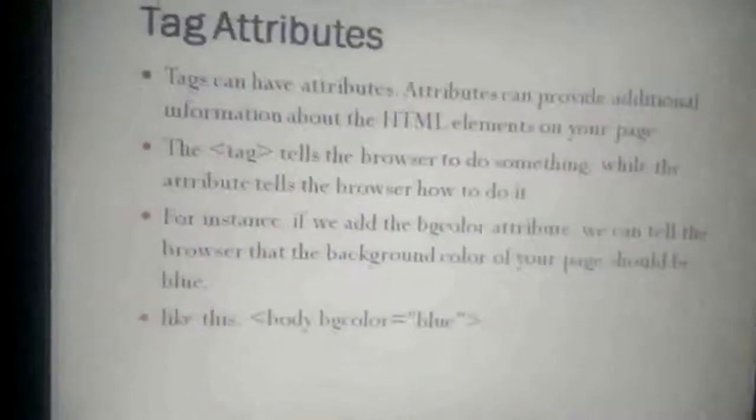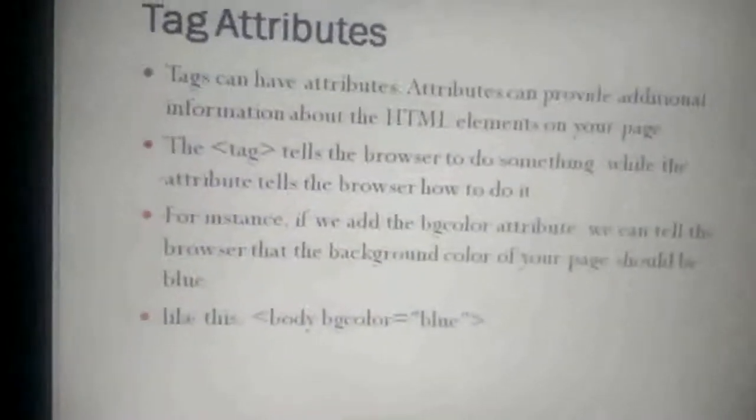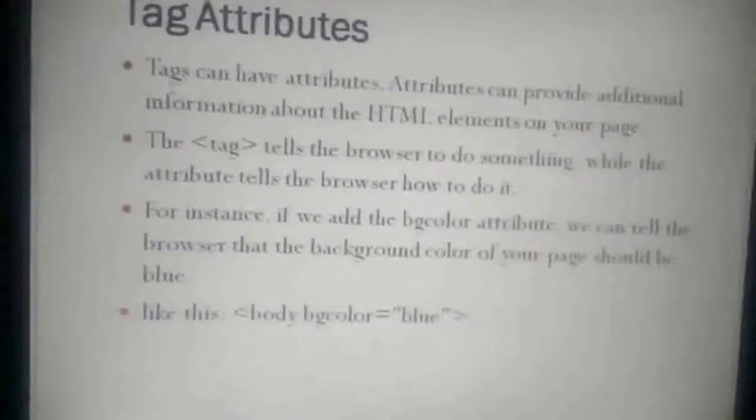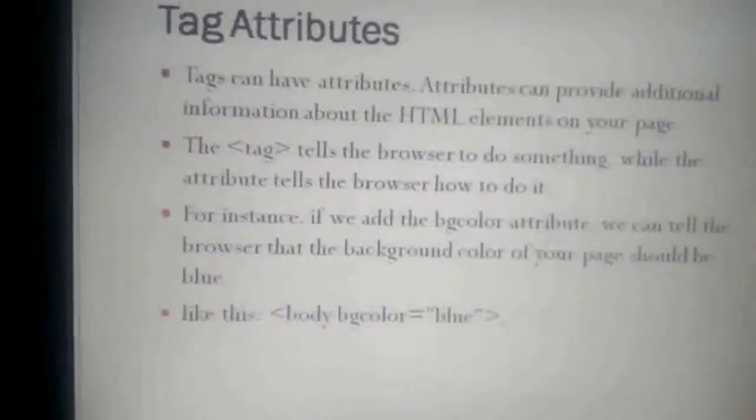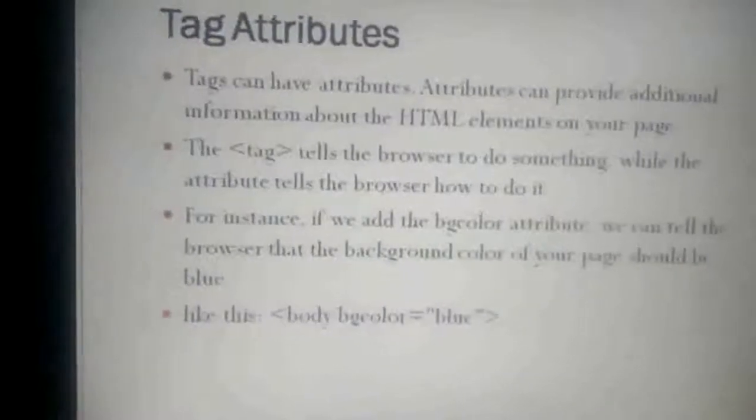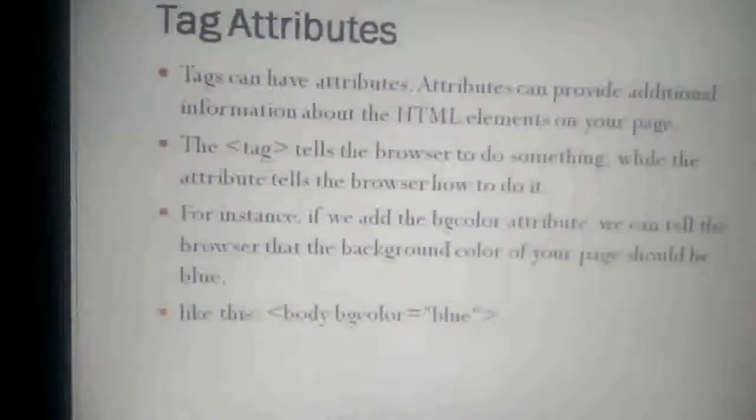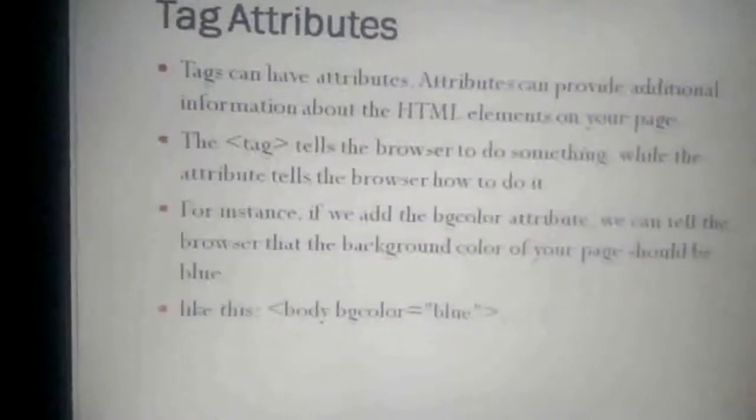Now what should be the example? Example would be like body. So the body tag attribute is BGCOLOR. BGCOLOR is the attribute of the body tag here. So here's the example of the body tag in which the attribute is BGCOLOR that they have